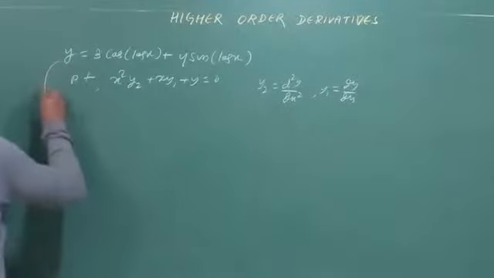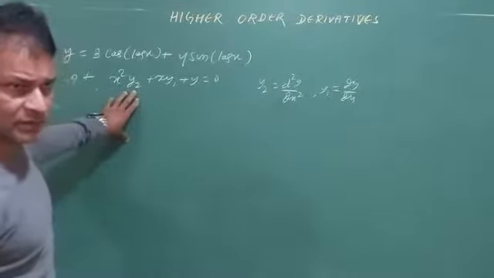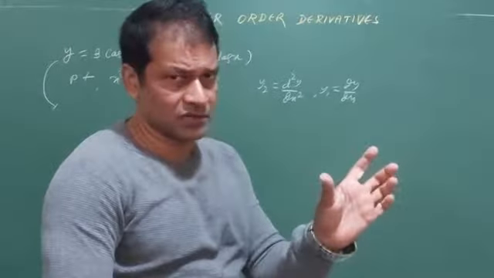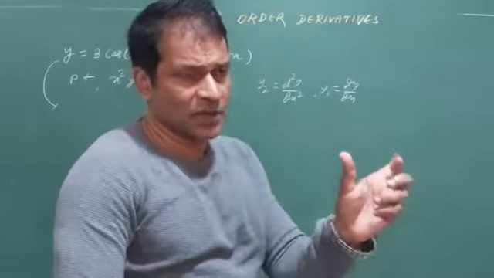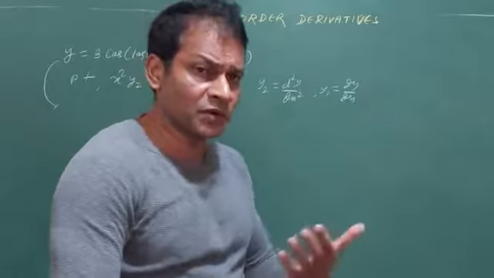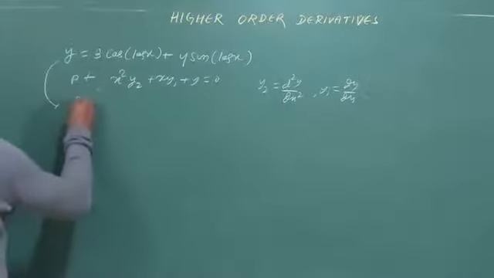So what I do now, as I have seen in the proof that I have to go for the second order derivative. When I look at the solution, what I have to prove, I have to look at the proof, that condition I have to see. Suppose if I want to go for the second order derivative, I will start with the first order. So what I did here, dy by dx,